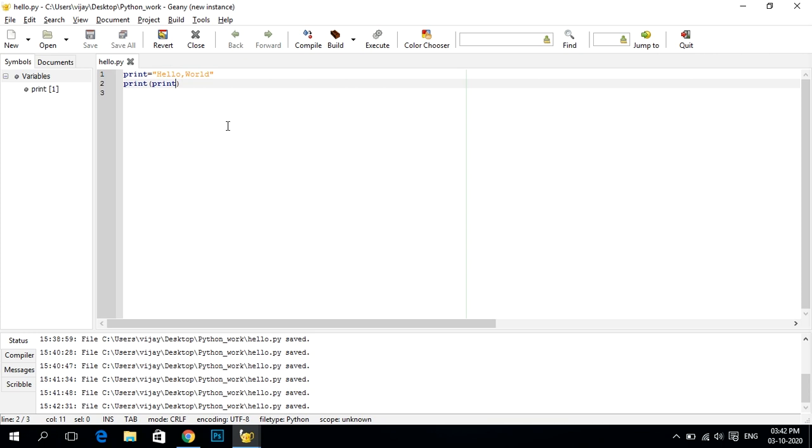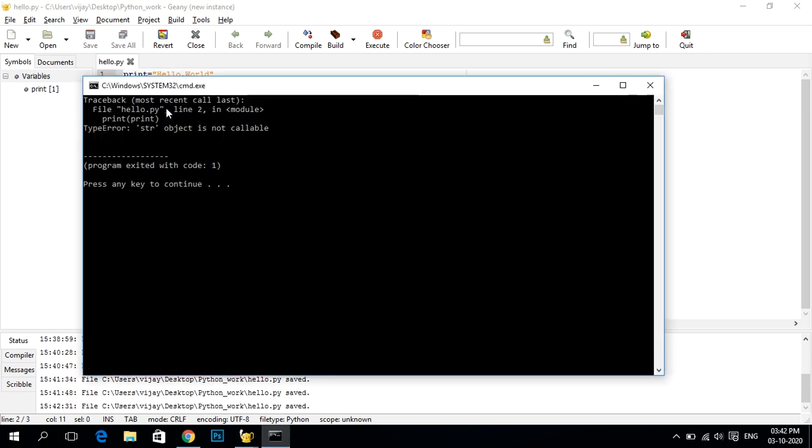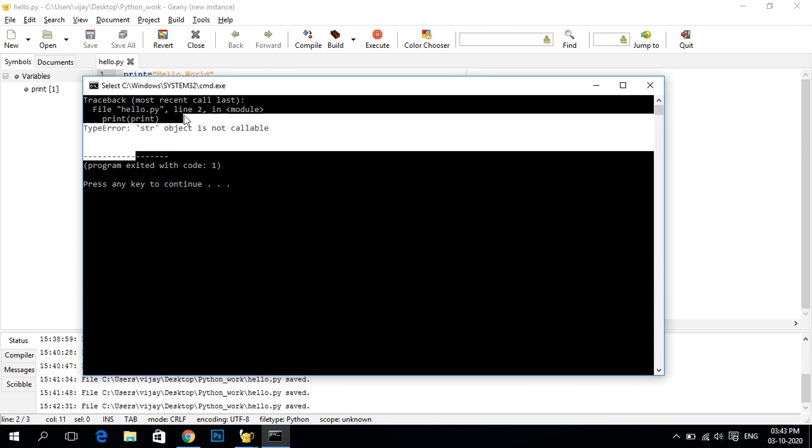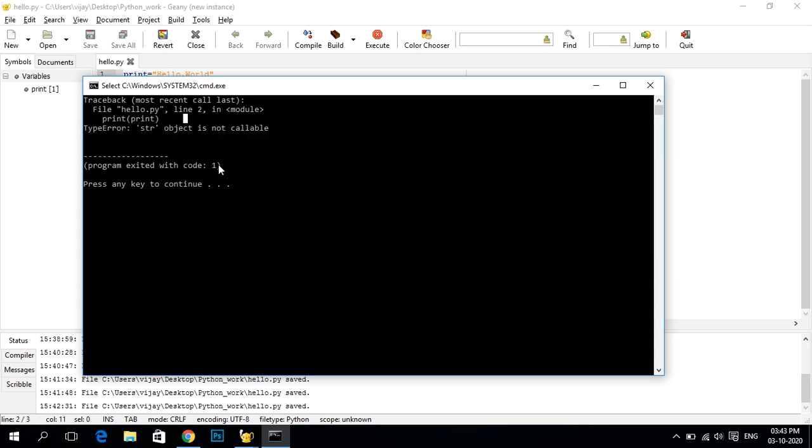First of all, you are seeing here the traceback, with the most recent call. So what is this traceback? A traceback is a record of where the interpreter ran into trouble when trying to execute your code. It means that while programming, every programmer will get this. It is part of any programming language. You will get errors.